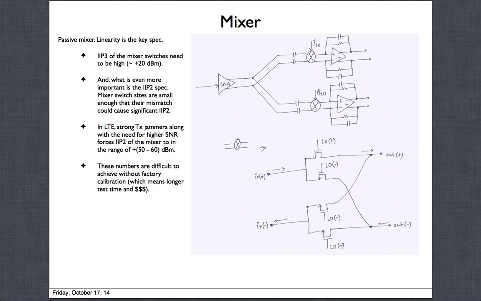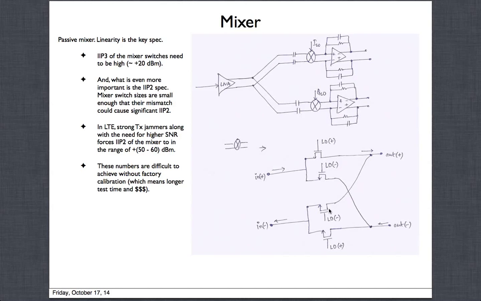Okay, IIP2. In these commercial products that are there today, IIP2 is the most important spec, which is very, very difficult to meet. And what is IIP2? So what happens is, in this case, if all 4 switches were perfectly balanced and matched,